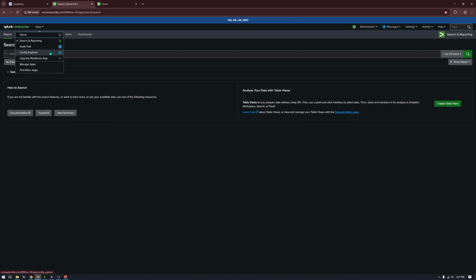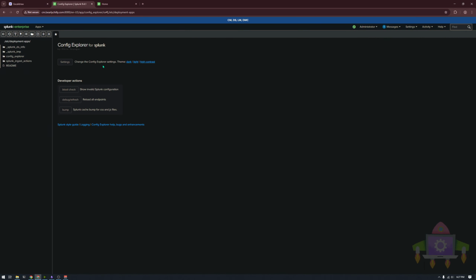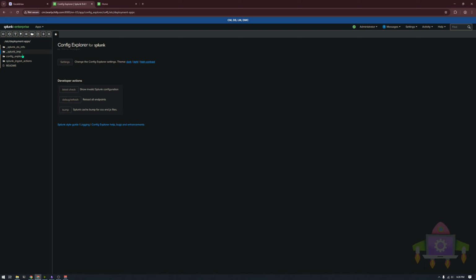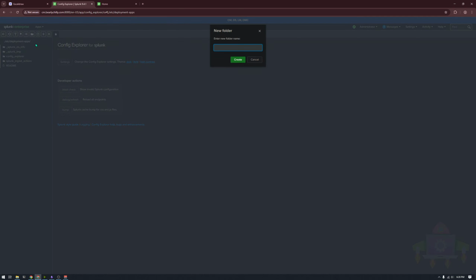So this is my deployment server. I'm going to go to Config Explorer. Super useful. If you don't have Config Explorer, I highly encourage you to get it. If not, you can do it from your stage session or RDP or whatnot. So we're going to go to deployment apps and make a new app in here. I'm going to call it BC, just my naming convention I'm using for this environment. BC underscore,